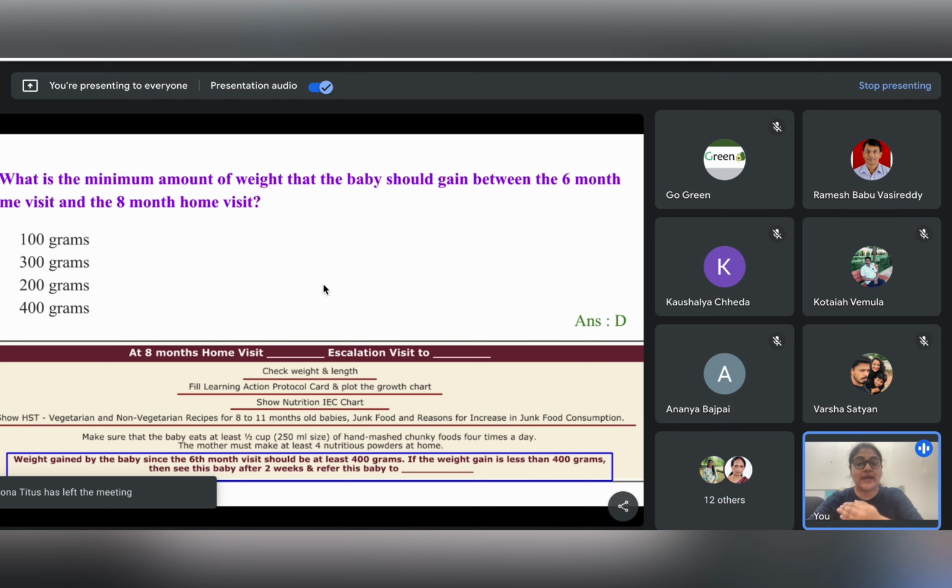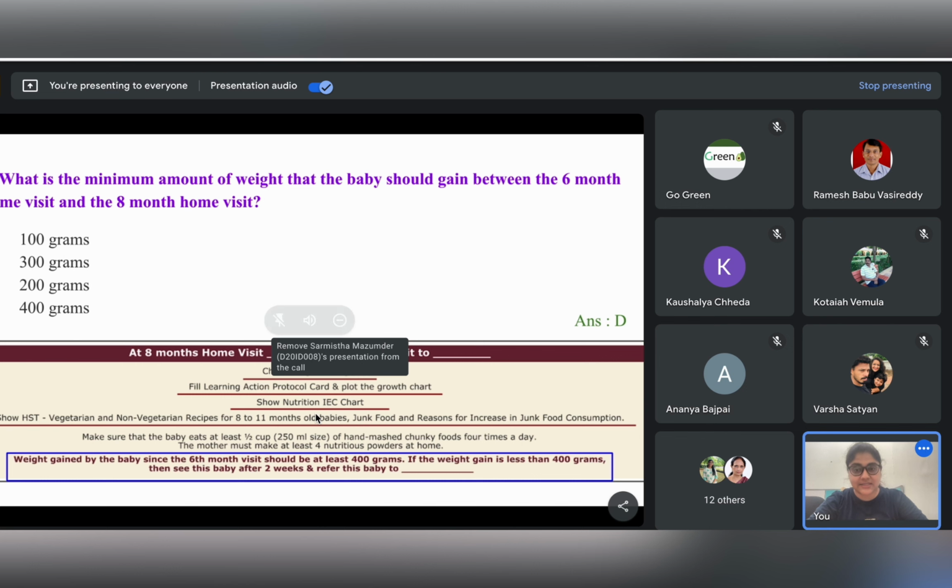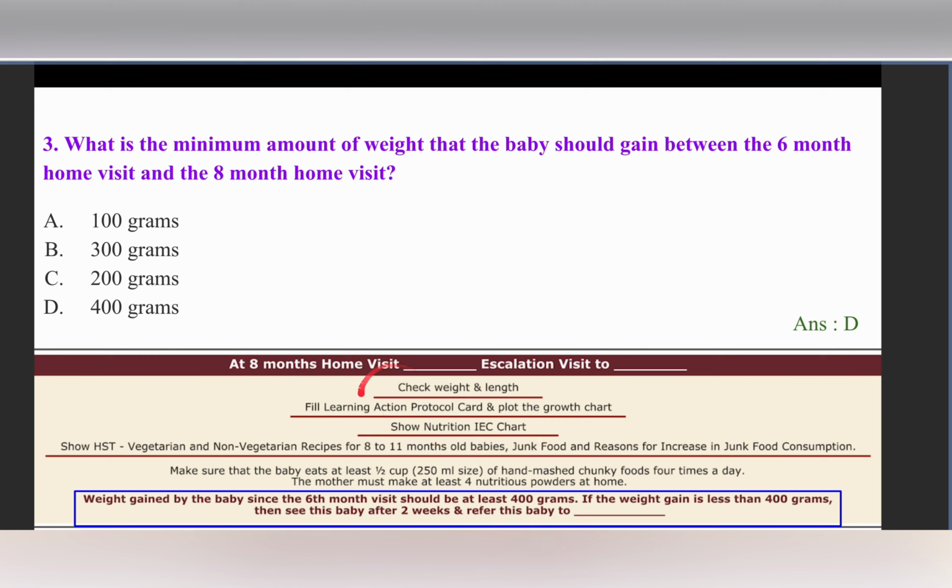So the weight and the height of the child definitely need to be checked, and the growth chart should be plotted. And apart from that, it is to be made sure, we have discussed before, that at 8